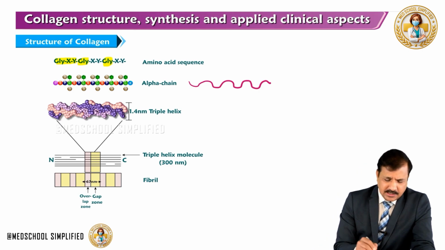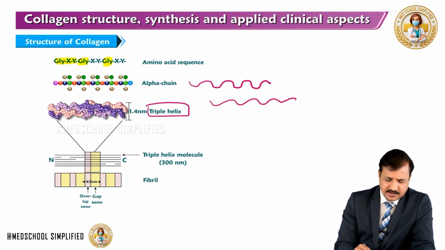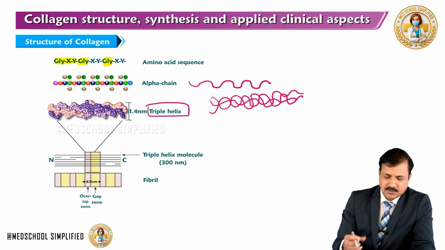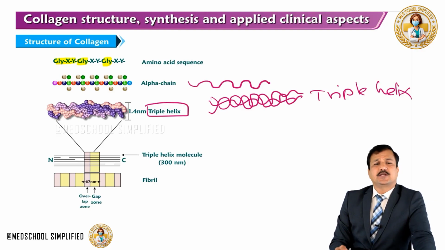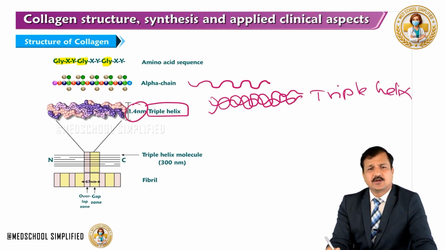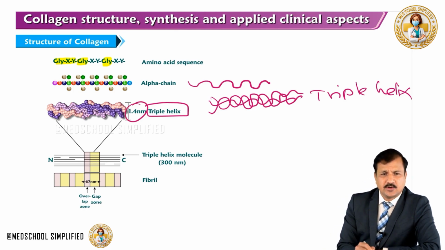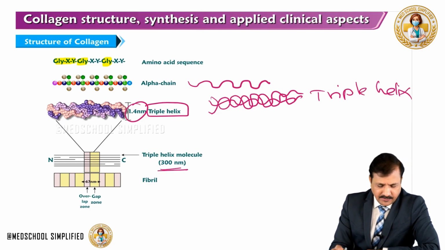And now a triple helix is made because of 3 alpha helical chains which are in a left-handed helical structure, and they will intertwine with one another in a right-handed fashion to form a triple helix. Alright, so the diameter of this triple helix is 1.4 nanometer. Now look at a triple helix molecule. The length of that, which is given here, is 300 nanometer, and within that